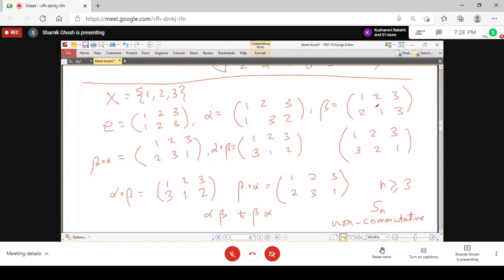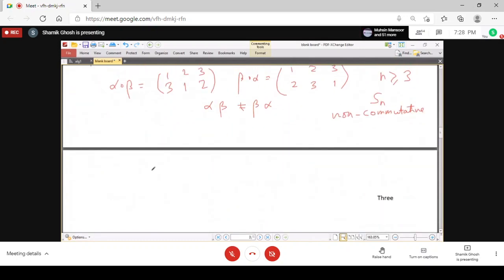And this group in particular, consisting of these 6 elements, is S3. So this is the smallest non-commutative group, because for all the other orders of the group, 1, 2, 3, 4, 5, you will see that these are commutative groups. When the order of the group is prime, then we will see that they will be cyclic groups. That we will prove after proving Lagrange's theorem.